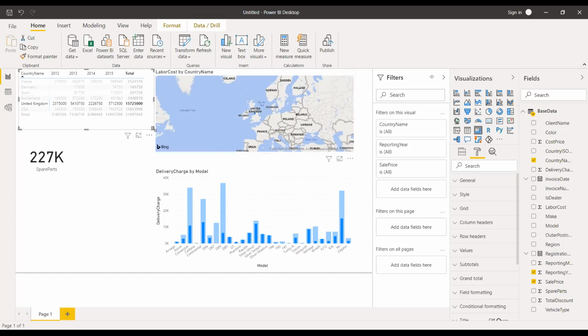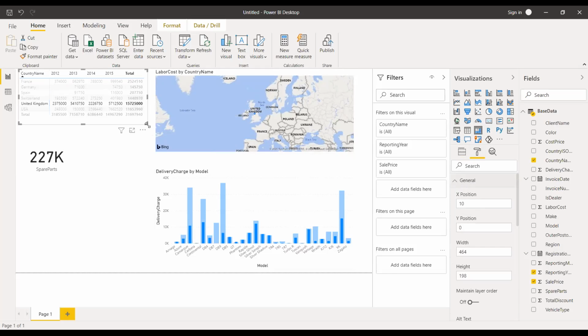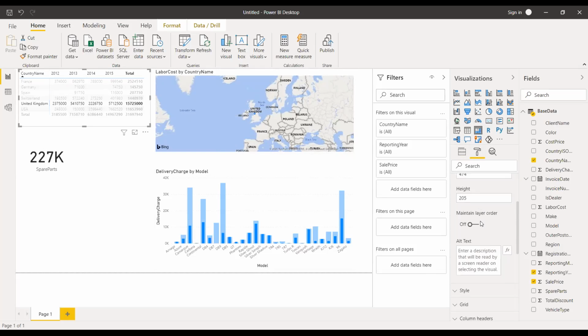To do that, select the matrix first, and then click on the format painter. The format painter will adjust these formattings. General formattings can be X position, Y position, the width and the height of this matrix. The width and height of the matrix can also be adjusted by these two. If I am enlarging the matrix table, you can see that these numbers change accordingly.